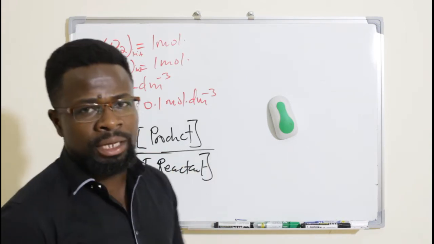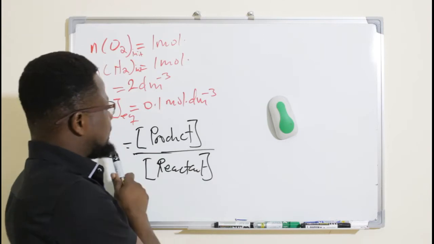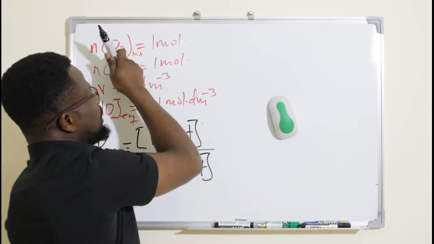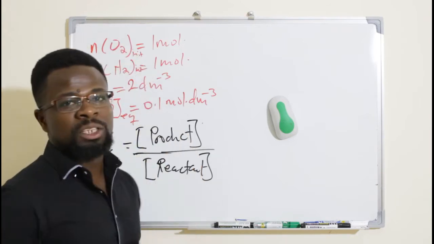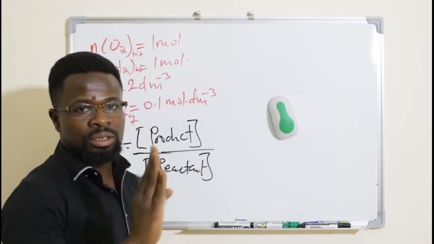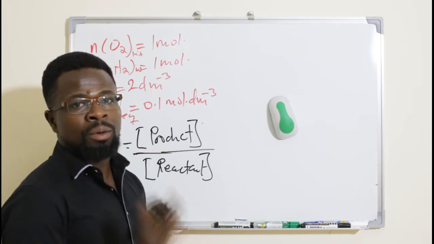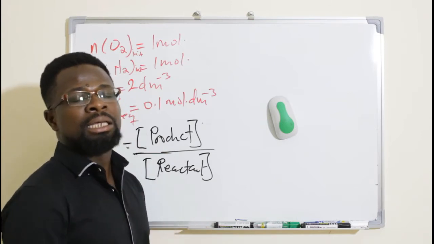So what do we need to do? Since KC speaks to us of concentration and not number of moles, each of these number of moles must be converted into concentration. But before we do that, we need to also write a balanced chemical equation for